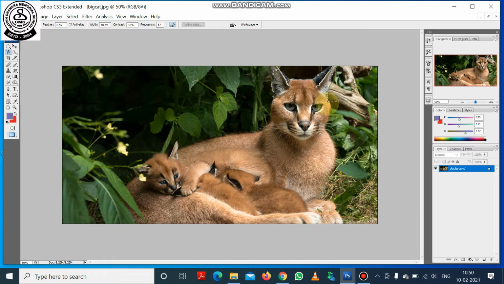The line is sticking automatically at the edges of the figure of this big cat, and you can see easily that it is happening like this. And I'm moving the mouse cursor according to the edges, and you can see this thing.